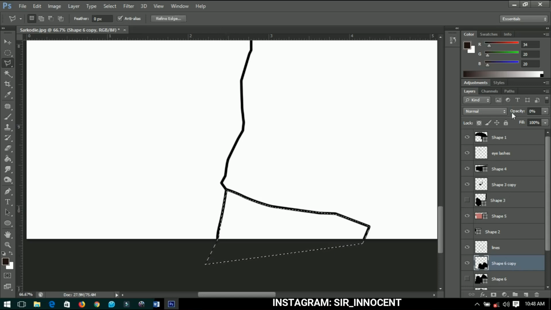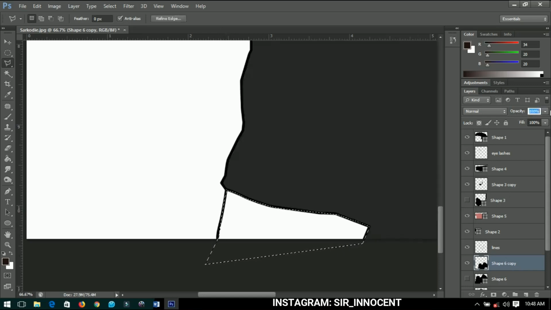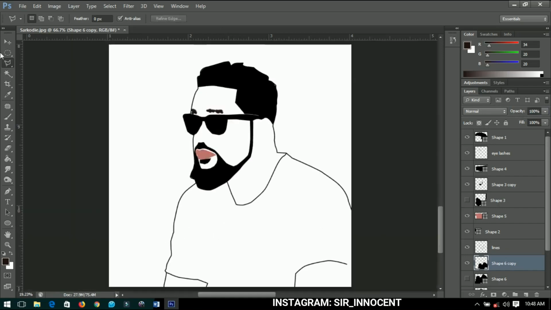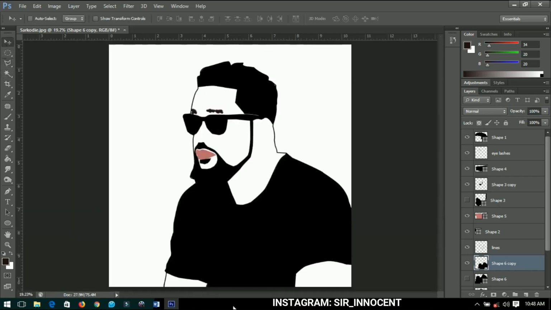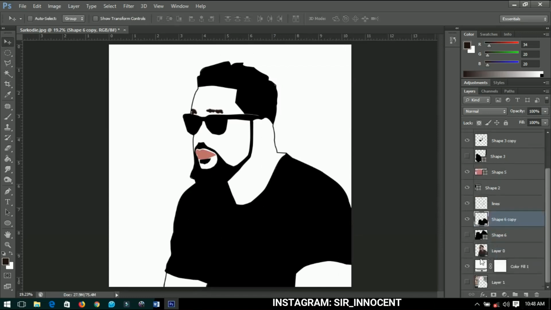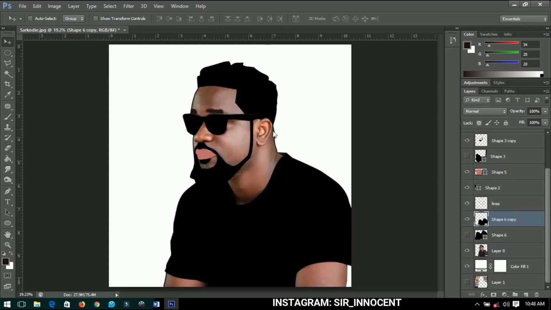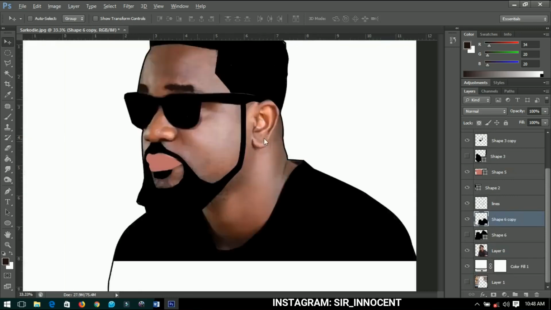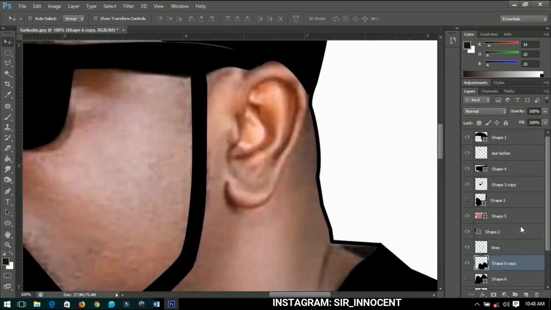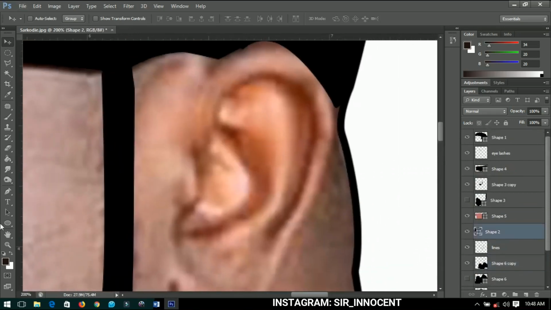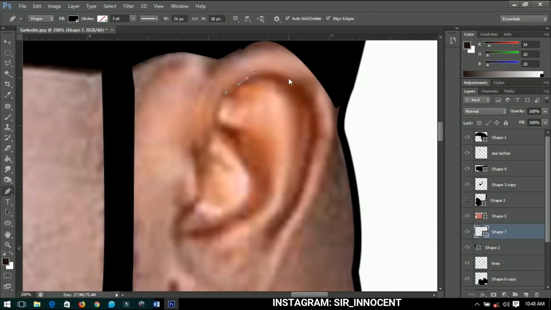So if you turn this on, you can see that we now have the complete shape of what we're going to do. Now this is getting really interesting. The next thing that I'm going to do is, if you turn this particular thing off, you can see that we have his ear, right? So we're going to draw the ear, and then for that one I can select anywhere around this place, choose my pen tool again, and then I'll start to draw the ear from here. So you draw like this, like that,